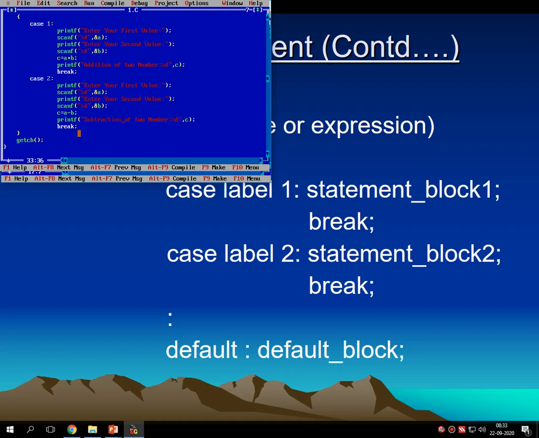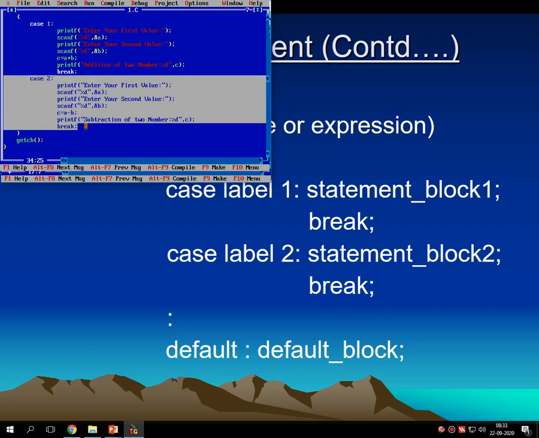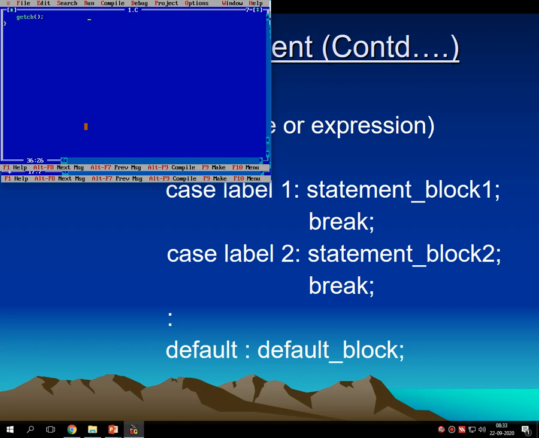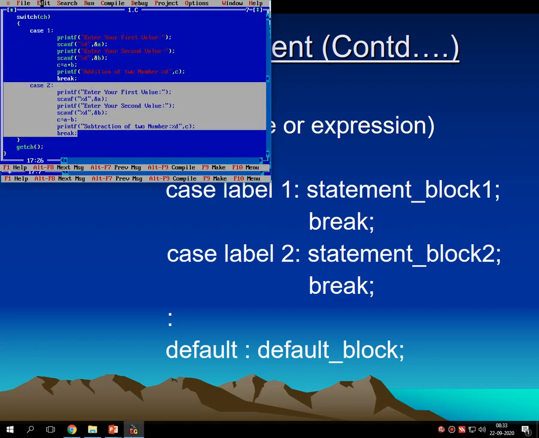I am saving this code. Same I am repeating for case number 3. Oops, what happened? Same I am repeating for case number 3.